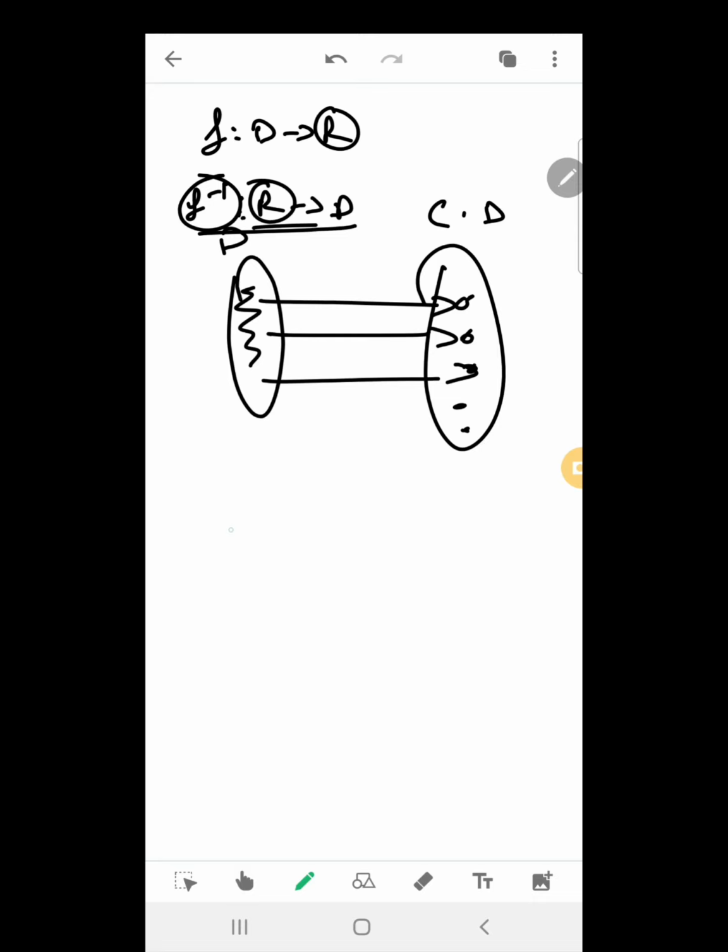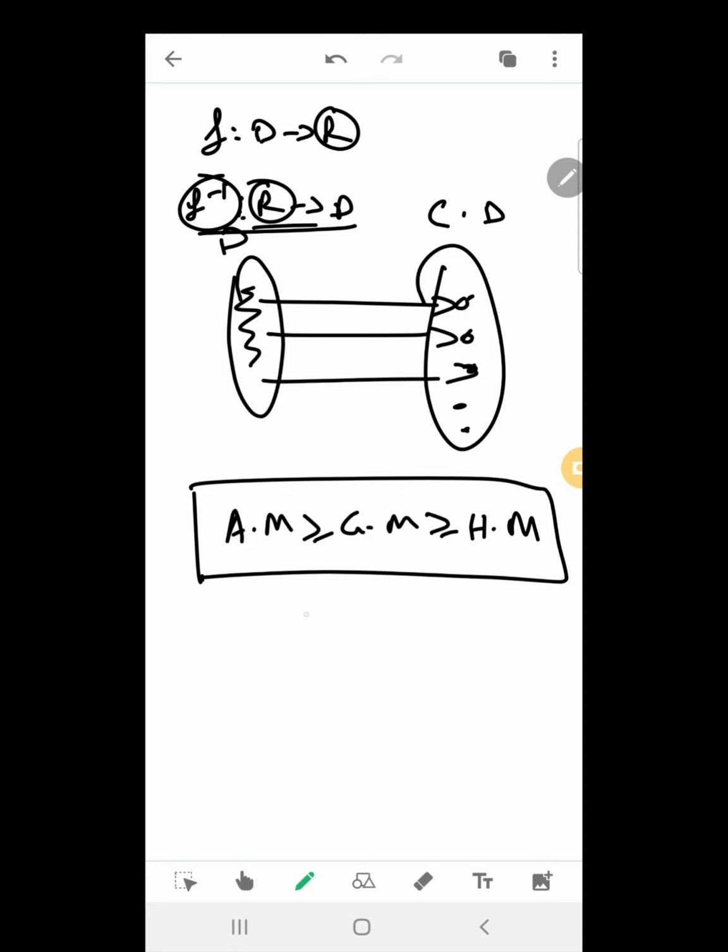Also, you have some good inequalities. For example, AM greater than or equal to GM greater than or equal to HM. This is very much important. You also have the trigonometric inequalities, that is, sin x is always less than or equal to 1, and greater than or equal to minus 1. AM greater than or equal to GM greater than or equal to HM is very, very important. It is one of the most important tools which will be of great help to you while solving the paper. So don't forget these things.